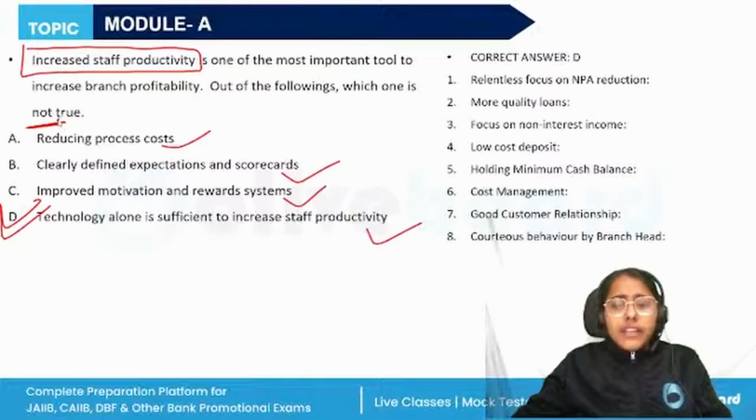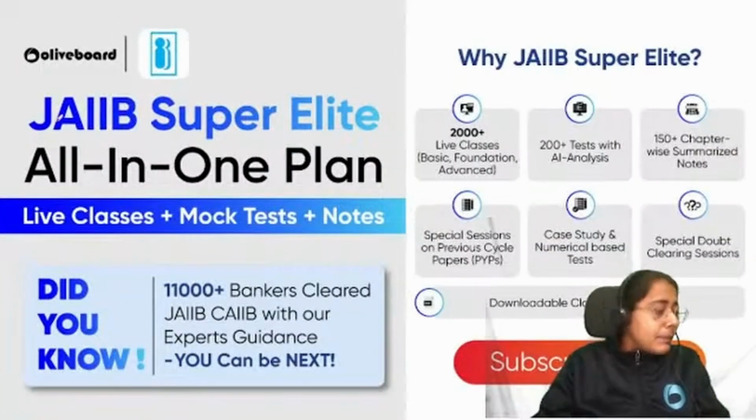Other ways in which we can improve the staff productivity: we can establish performance management techniques like clearly defined expectations and scorecards. We can also provide reward systems, better training and supervision, like employee of the month could be a title given to the best employee. Then redefining the job roles, using more flexible work arrangements, providing mobility for off-site work, outsourcing. All of these can be ways in which staff productivity can be improved.